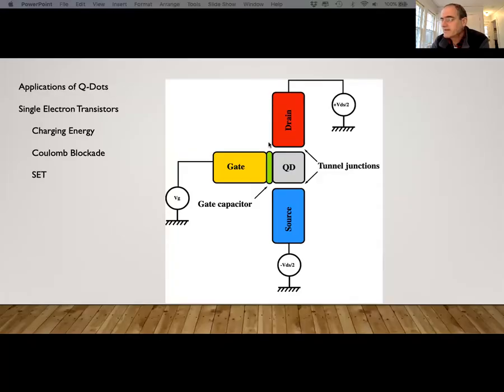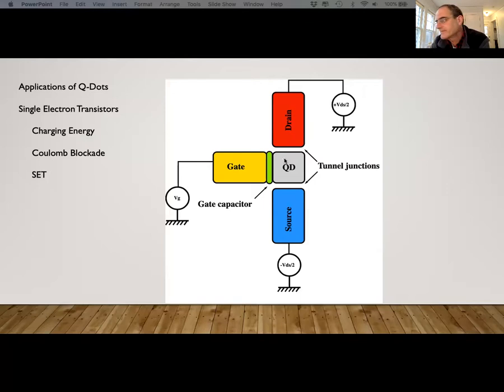Okay, so in a single electron transistor, we have a source and a drain and a gate, 3 contacts, but the channel of the transistor is a quantum dot. And the operation of this transistor depends on it being so small that adding one more electron to the channel appreciably